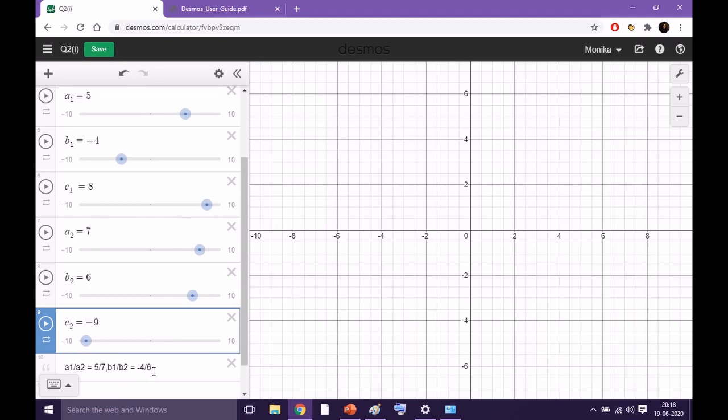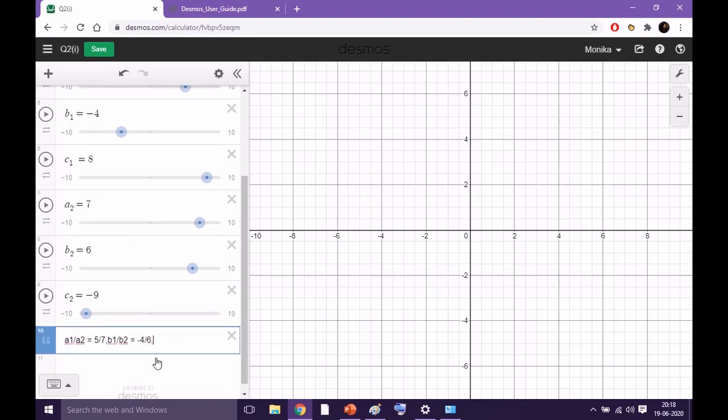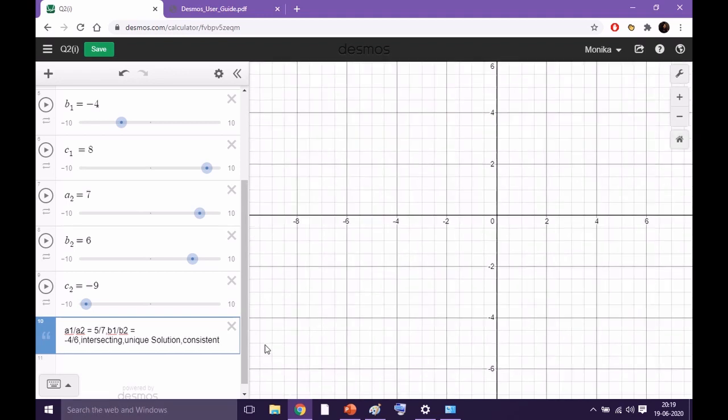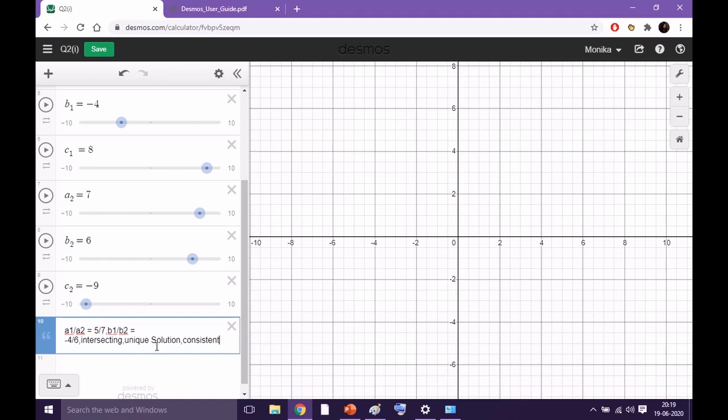So when these ratios are not equal, then what type of lines will you get? You will always get the lines intersecting. So when the lines are intersecting, what type of solution will we get? Intersecting means these will intersect at one point. So solution will be a unique solution. Unique solution. And when you say that a solution is there, we say that the system of the equations is consistent. So now we have done 3 new terms. One thing, if the lines are intersecting, you will say that we have a unique solution.